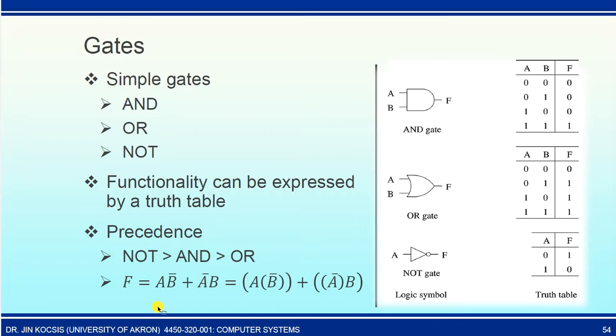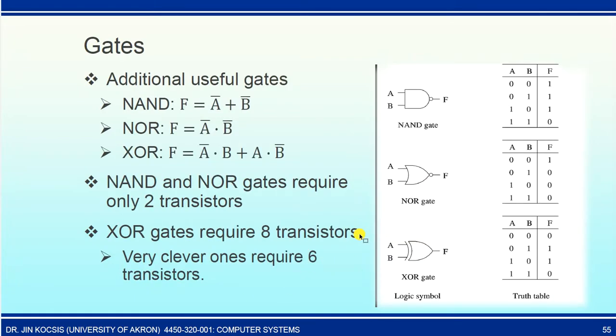For example, if we want to implement A and B not plus A not B, what we actually do is implement the not first, then implement the and second, and then implement the or at the end. Okay, so besides that, we also have some other gates, for example, not and, not or,